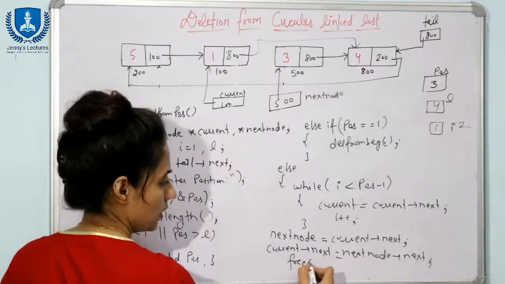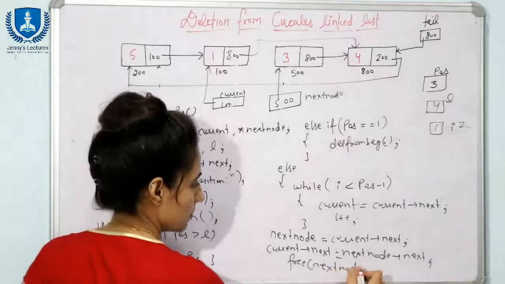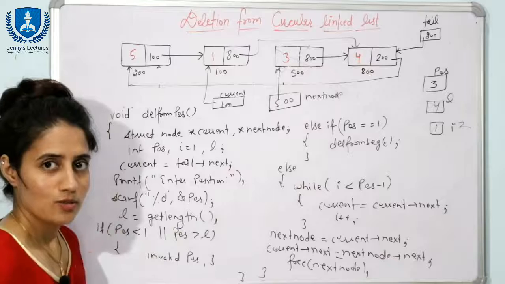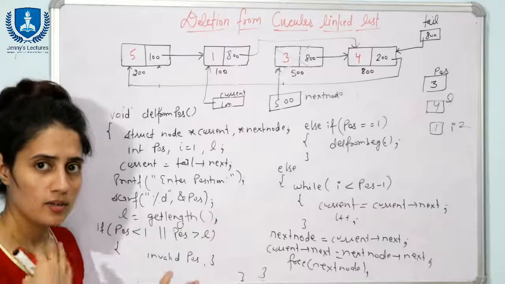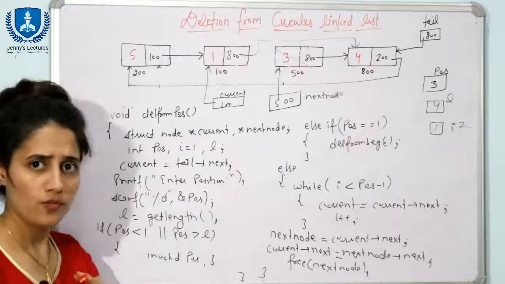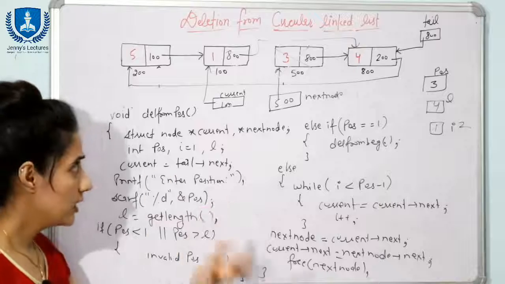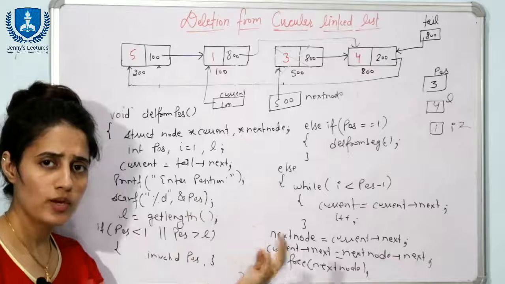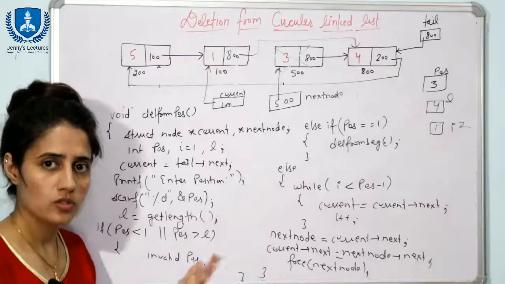So here you can write free, and the pointer to this node is next node. So here I can write next node, right? This is how you can delete from a specific position. And after that you can call these functions in the main function: first of all create CLL function, then display, then delete from beginning, delete from end, delete from position, and display the list. For that you can write a switch case.